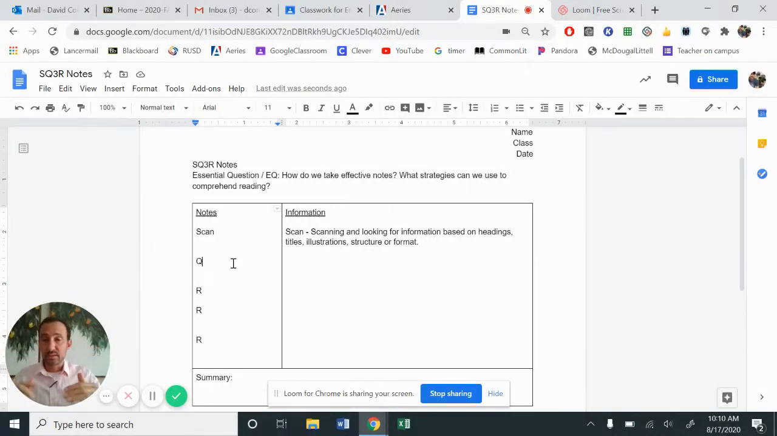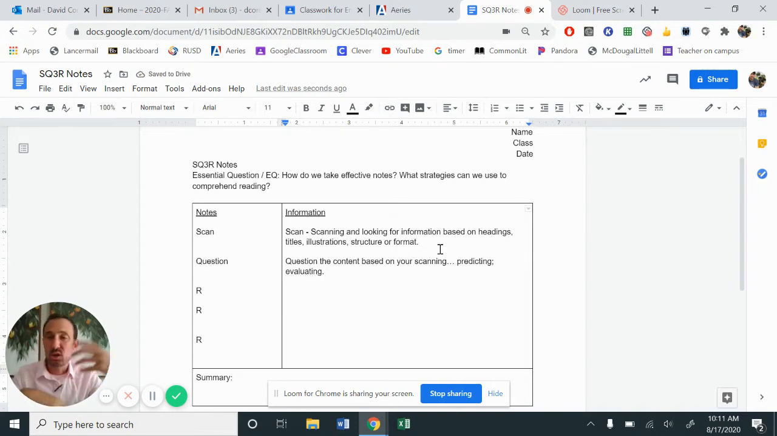Now, along with scanning, the next item that we have is a question. Here, ladies and gentlemen, we question the content based on your scanning. So essentially, you're predicting what will happen. Sometimes you are evaluating as well. Okay, you're kind of judging, oh, this has a lot of information. Oh, there's only one picture when this is a statistics article for math. You kind of predict what's going on, but